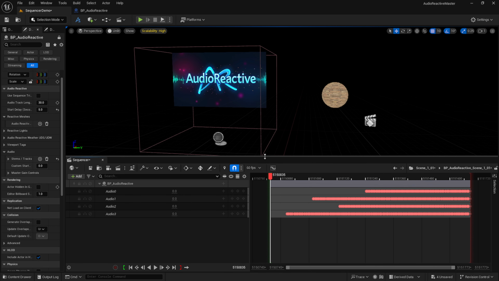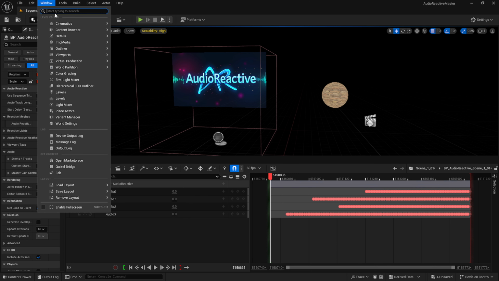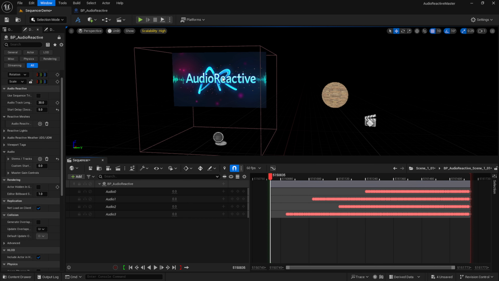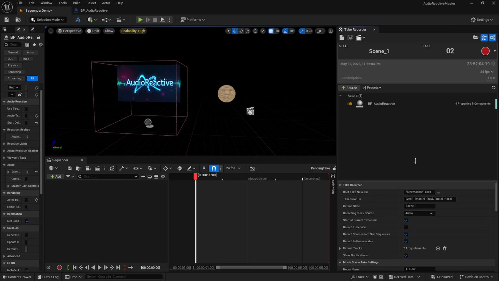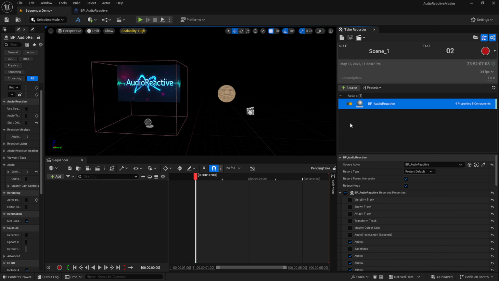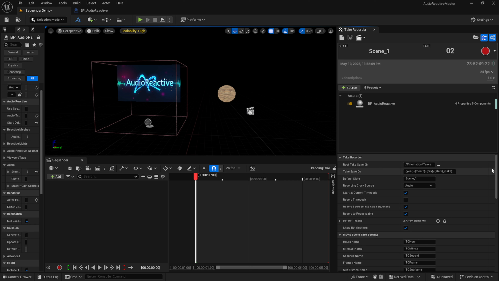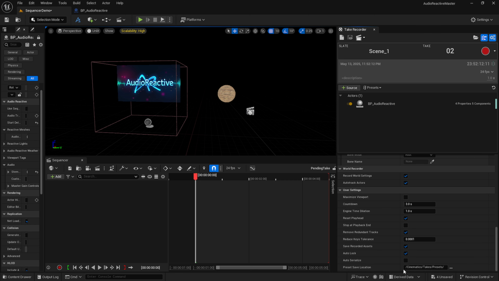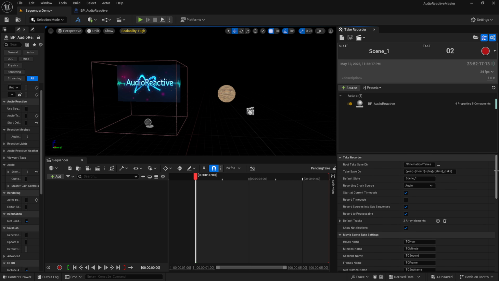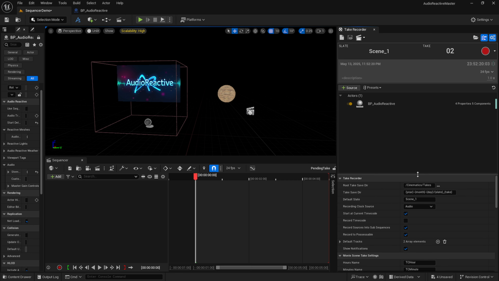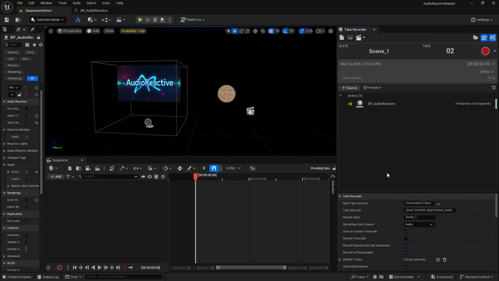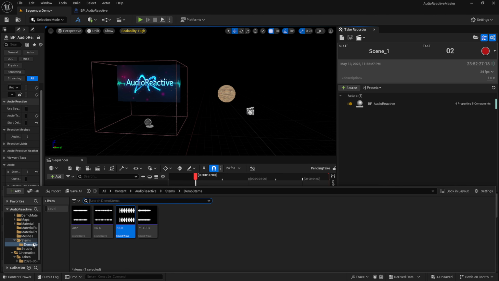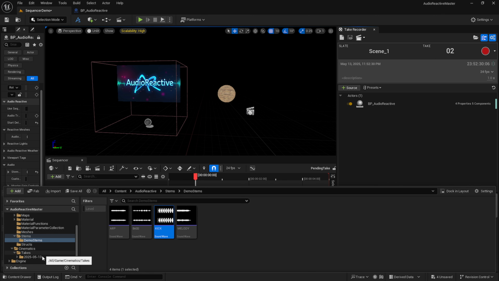And just for future reference, if you don't want to have to worry about unlocking this every time you use your take recorder, there is a setting right down here. Actually, we just want to click in the open space to get the actual take recorder settings. There is an auto lock checkbox. If you just turn this off, all the takes that you do from then on, you can immediately edit your keys. So I would recommend unchecking that for all your recordings moving forward. Okay, so let's go back into our take that it just gave us.